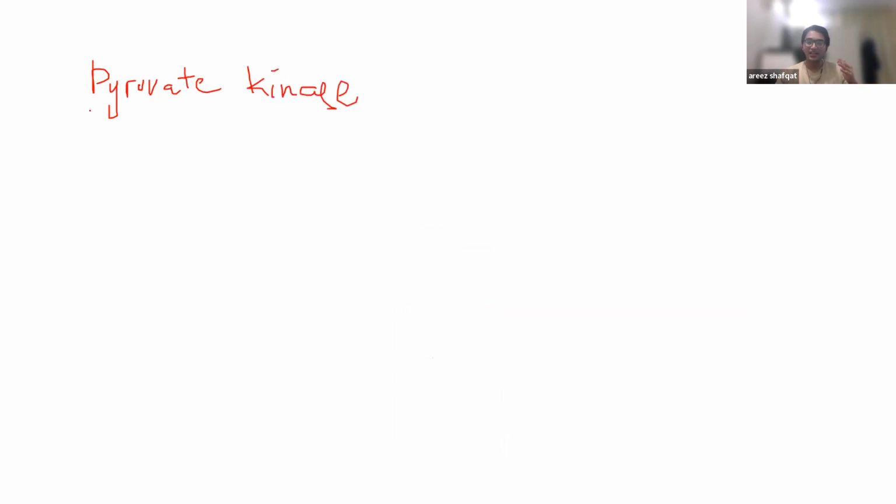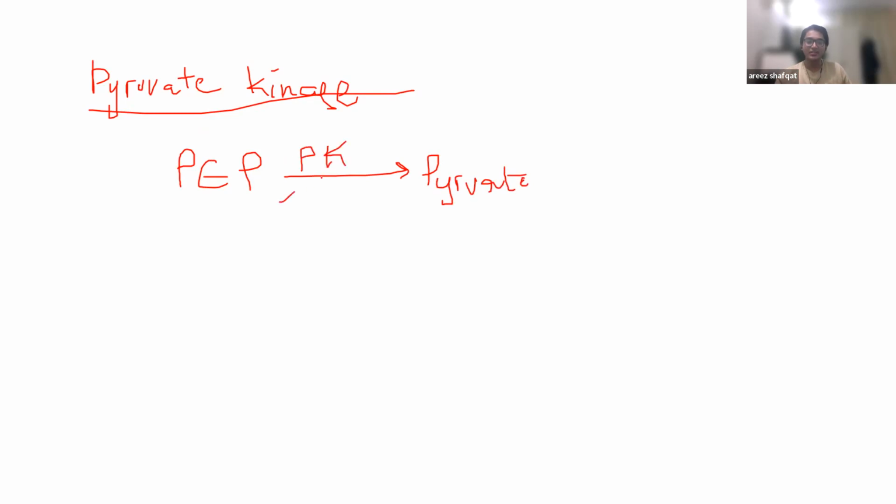I'm just telling you this because it will allow you to integrate your knowledge a bit better. So the last step of glycolysis is phosphoenolpyruvate to pyruvate, right? And this is mediated by an enzyme called pyruvate kinase, and this step generates ATP, right? Now, this step will actually generate 2 ATP because, as you should know, when fructose 1,6-bisphosphate gets broken down, you get 2 molecules of glyceraldehyde 3-phosphate. So all the steps below that step in glycolysis are multiplied by 2. So if it's generating 1 ATP, you'll actually have two of these reactions going on, which means you'll generate 2